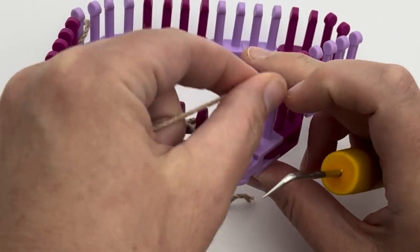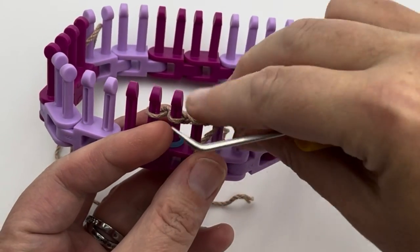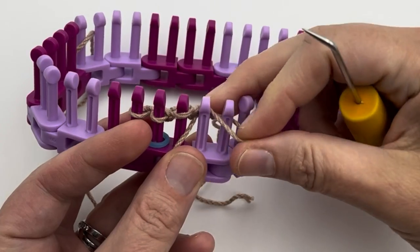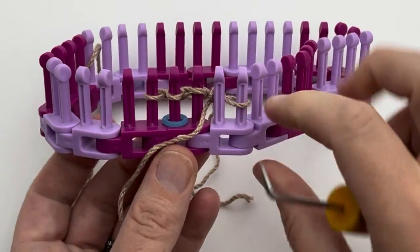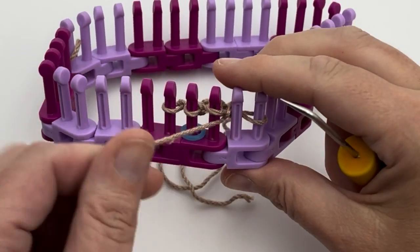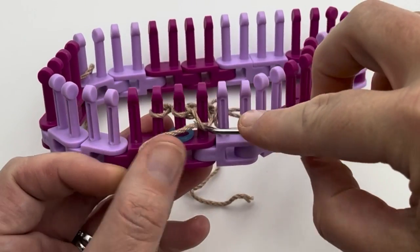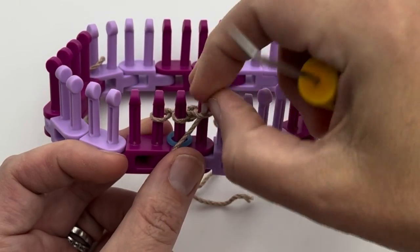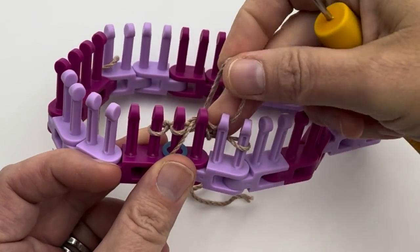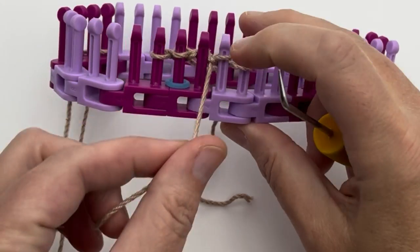All right, so now we want to begin our purl row, and we're going to put our yarn to the front and purl that stitch, pick it up and move it to the next one. Okay, so we're moving them to the outside, and we're working our way this way. Go ahead and purl the next stitch, which was a yarn over before, pick it up and move it over, tighten up that stitch,